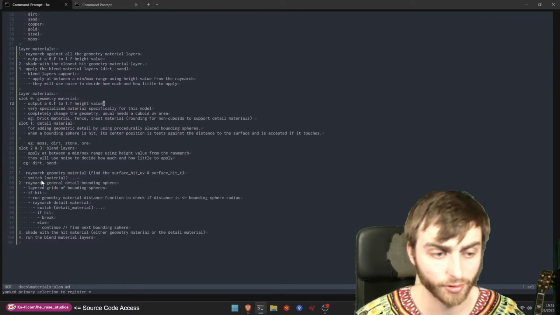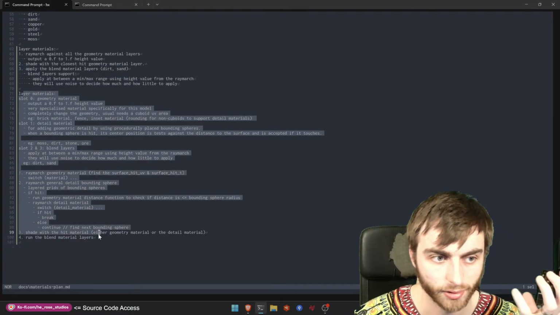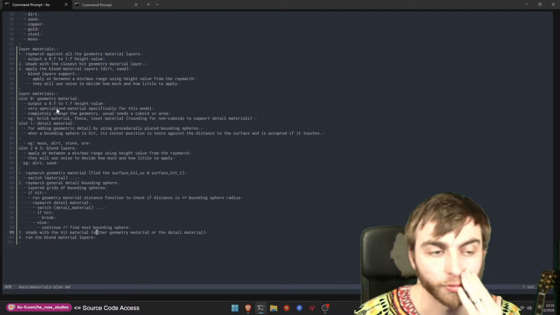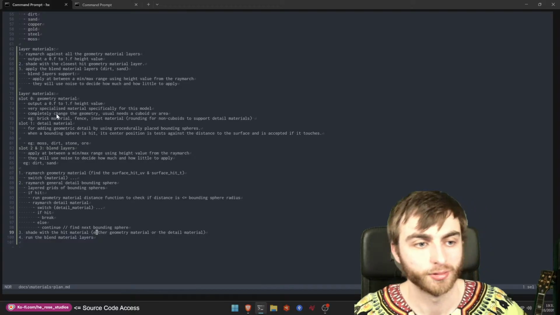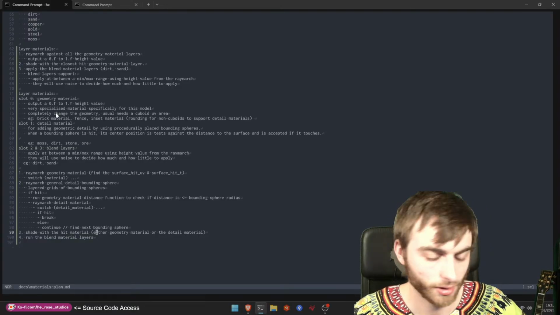So last stream, we basically got at this plan about how to do layered materials, and it seems like it's going to work. I think we'll start off with